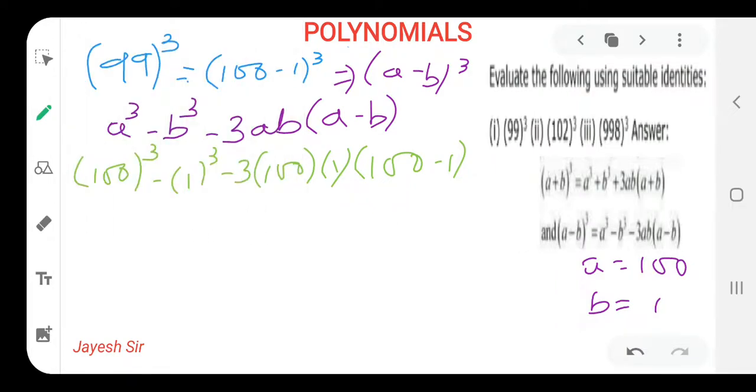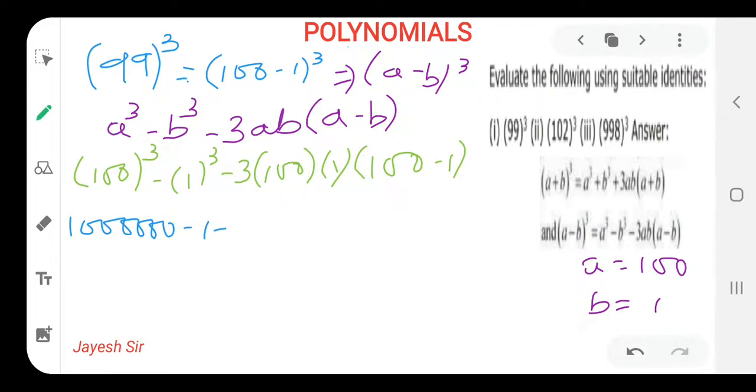Yes, I can easily solve it. In a cube we have to just add the number of zeros as many times as the power. Here two zeros are there. If we want to find the square, we will write four zeros, and if we want to find the cube, we will write six zeros. We have to multiply the two zeros with the power that is given upside. 3 is given, so 2 zeros should be multiplied with 3, that means we have to write 6 zeros. And if it was square, then we multiply 2 zeros with 2, that means 4 zeros. So I am writing directly 6 zeros. Now 1 cube is 1 as it is.